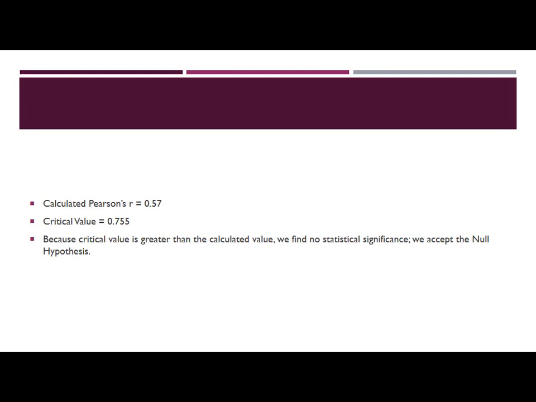So the calculated Pearson's R, if we did all of our math, is 0.57. The critical value, once we looked on the chart, is 0.755. Which one's larger? Clearly the critical value. Because the critical value is greater than the calculated value, we find no statistical significance. We must accept the null hypothesis. And as I stated at the beginning of this presentation, the null hypothesis for correlation coefficients states there is no relationship between the variables we're looking at. So, because we found a calculated value, 0.57, which was less than the critical value, 0.755, we must accept the